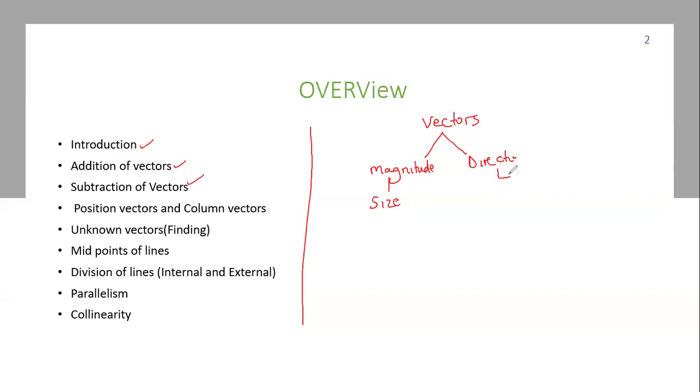Then when we are talking about the direction in vectors, here is where we look at whether it is going to the east, the west, the north, or the south. So at this level, we may look at these 4 directions. But when you advance, we shall go beyond the 4 directions and we shall look at the northeast and all those directions. Now, in vectors, when you have a line, this line represents the magnitude. It represents the size of the line. Then the arrow is what represents our direction.